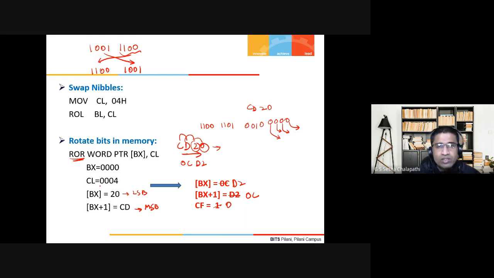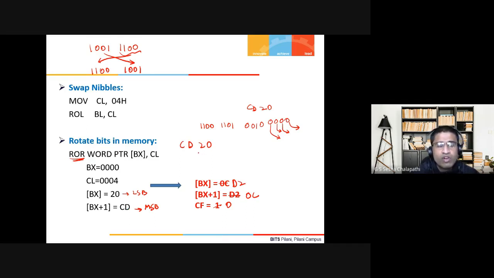Because this is little endian format, the lower address will have the LSB and the higher address will have the MSB. The word before rotation is CD20. This is the MSB and this is the LSB.